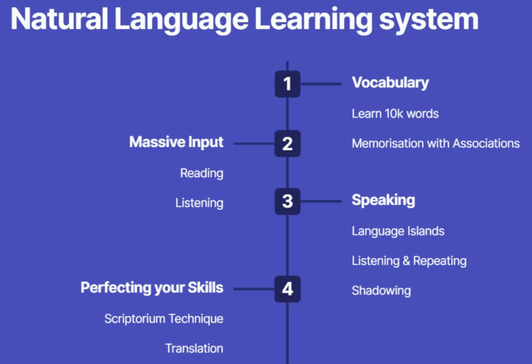It's a lot of work, and if you just want to learn languages to be conversational, you might as well skip this and repeat the whole process again with another language. But if you want to do this, you should do these two techniques. Scriptorial techniques: basically taking a text, copying it with pen and paper, and you repeat all the words aloud while you write them. Really old school, but it's very effective for you to memorize sentences, to learn the right spelling, the right grammar, vocabulary, and so on.